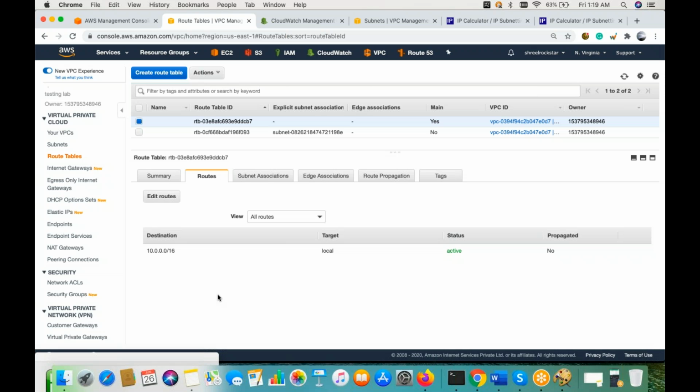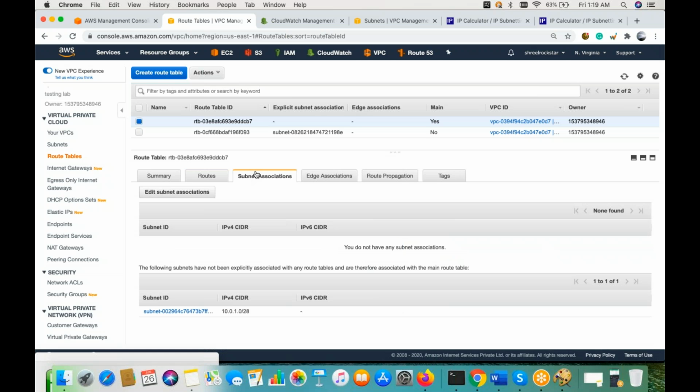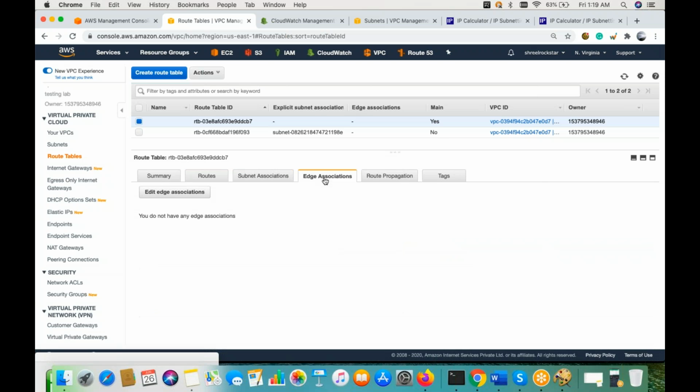That is the private and public concept we deal with while subnetting, deciding what exactly we are looking for. Now, the route propagation is for the virtual gateways, which are used for VPN tunneling. I'll let you know what exactly this is once we create the VPN tunnel just after this.